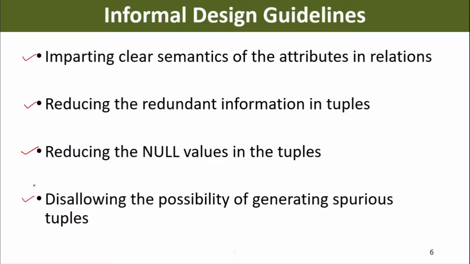So these four are the informal design guidelines, and we are going to look at all of them one after another. So let's start with the semantics of the attributes. We know the meaning of the word semantics. Semantics means meaning,